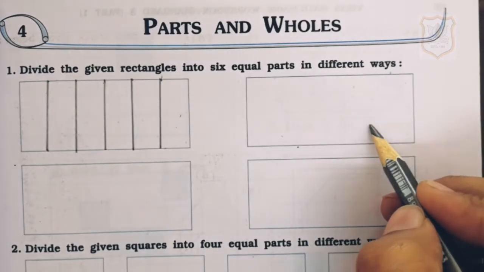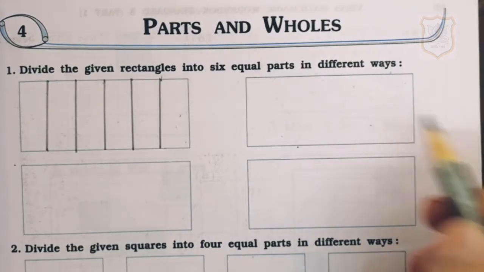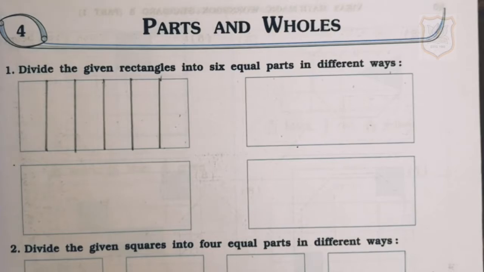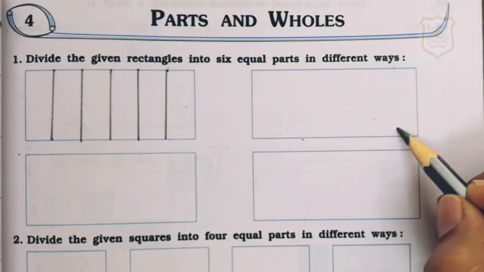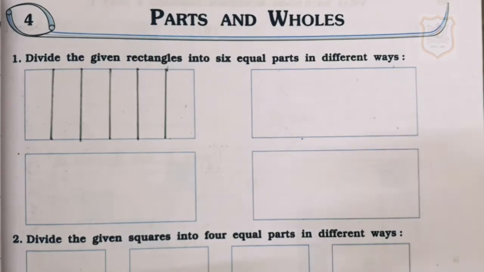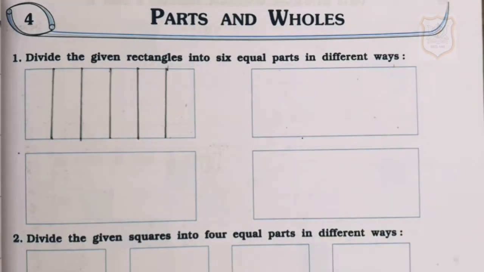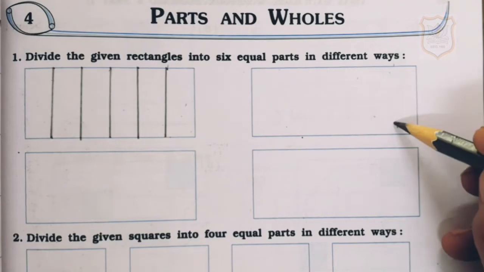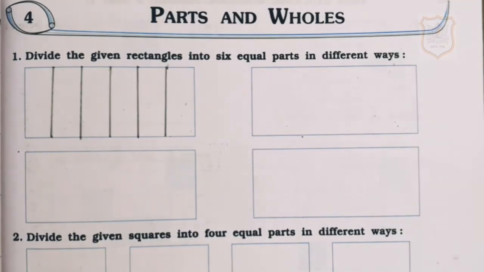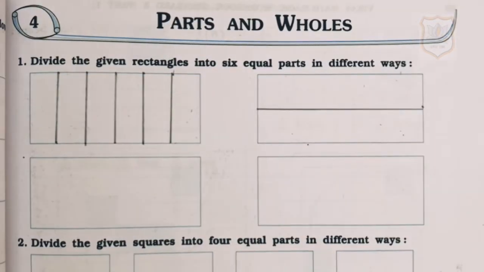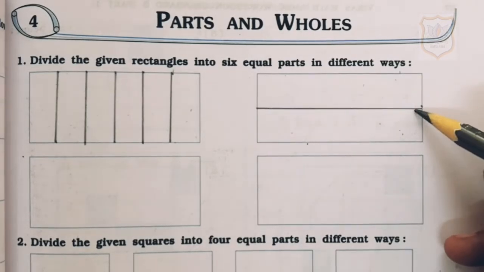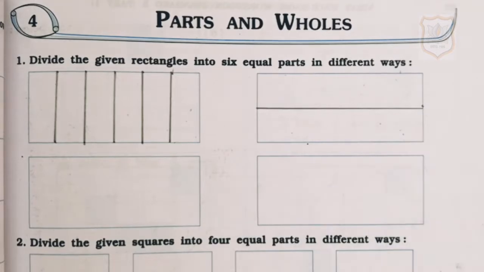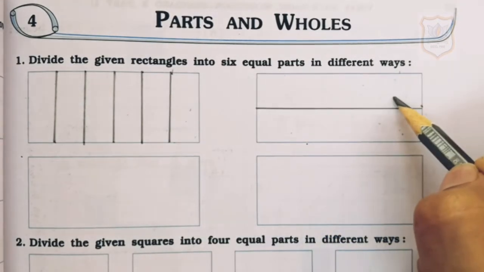Now we will divide this other rectangle also in 6 equal parts. Now students, we have to divide this other rectangle also in 6 equal parts. So for this, first we will divide this rectangle into 2 equal parts. In this way students, we will divide this rectangle into 2 equal parts with the help of this one sleeping line. Now with the difference of 2 centimeter we will draw 2 standing lines.